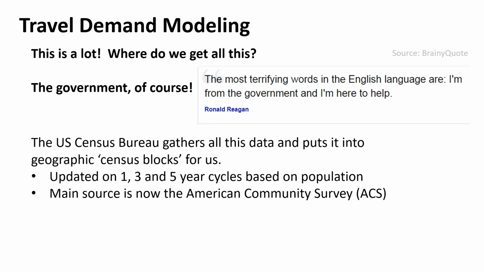Some people get an expanded census form, and that asks even more questions, like how many rooms are in your house, do you own your house, how many cars do you own, do the people in your house own, and so forth. And it's a sample size, so not everybody gets it, but it's a big enough sample size we can make assumptions then about everybody in that region, right?